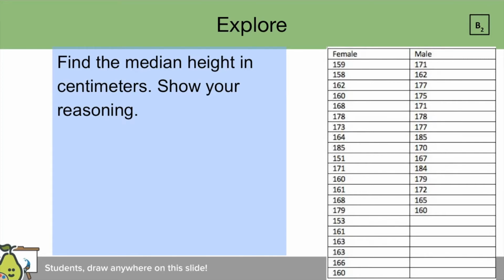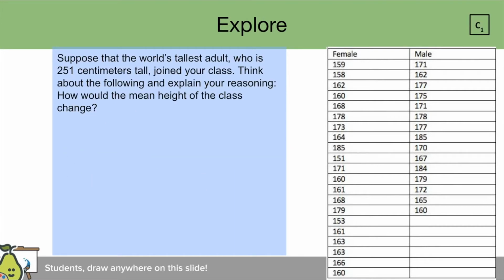185. When students find the median, it will be between 167 and 168, which means that the average of those two numbers is 167.5 centimeters. For slide C1, students are asked, suppose that the world's tallest adult, who is 251 centimeters tall, joined